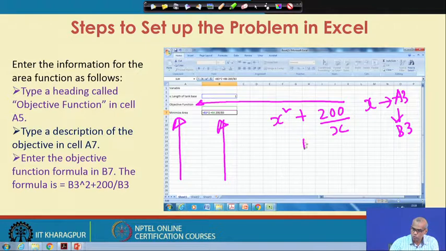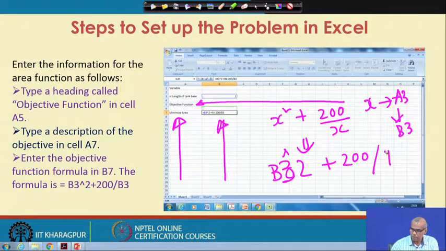So, x square plus 200 by x will be written as B3 square plus 200 by B3.